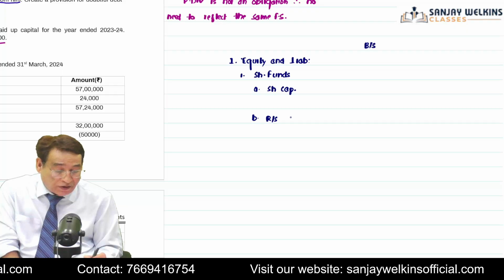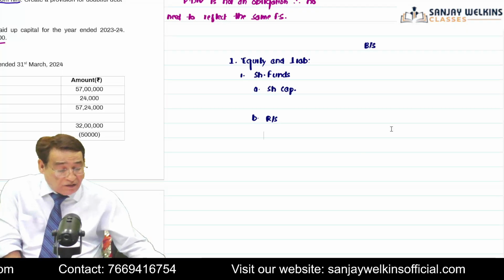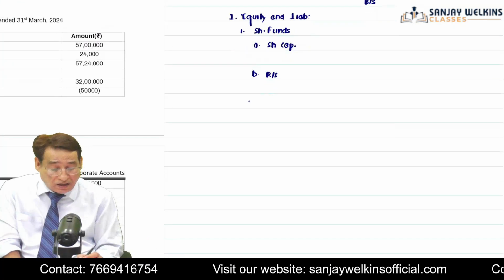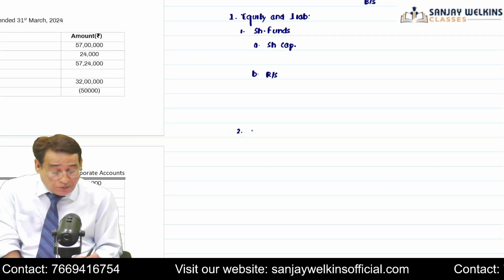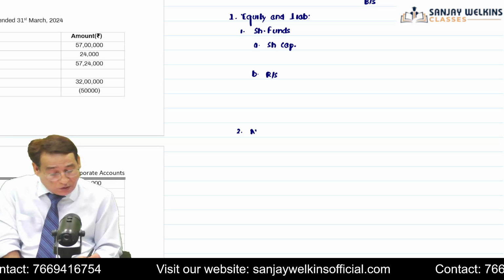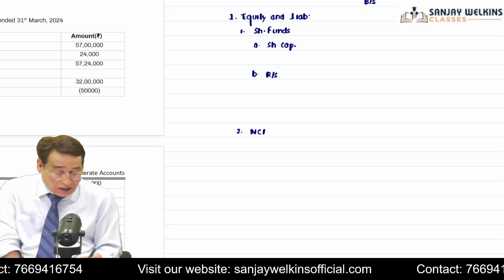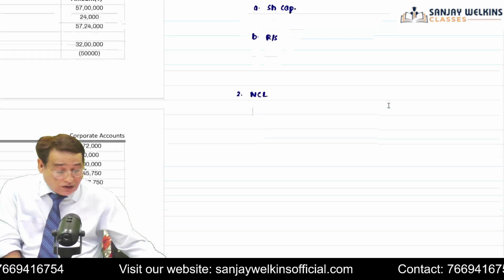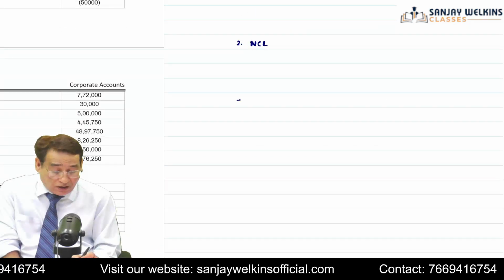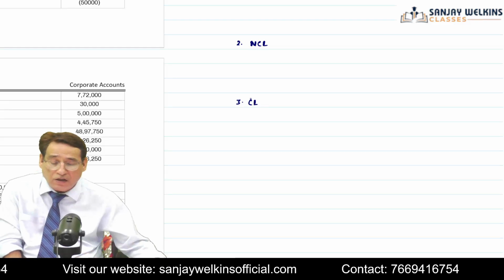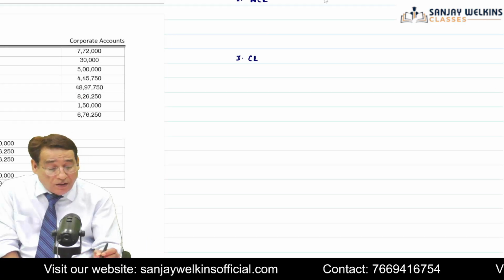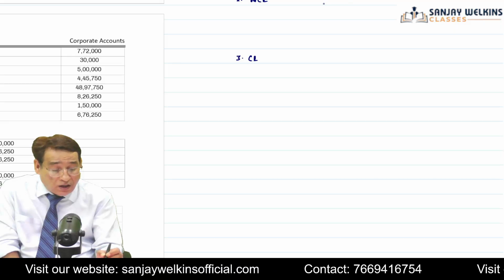Under reserves and surplus, at least leave 2-3 lines as space, and then you write here non-current liability. After your non-current liability, you are going to write current liability. Current liability. Is it clear to you? Then we are going to write here